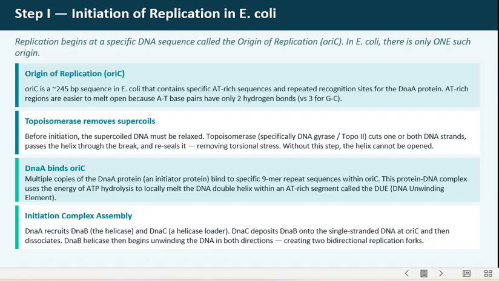And the whole initiation, the recruitment of the helicase itself. So helicase loading and identification of this bidirectional, meaning two direction, to the left as well as to the right. So we have the DnaA, which recruits the DnaC. DnaC is another protein, which is a helicase loader. So it's responsible for loading what? DNA and the helicase to that